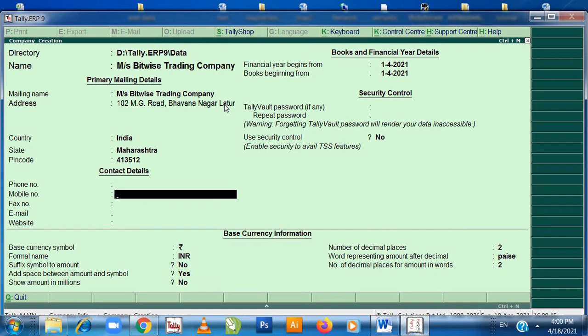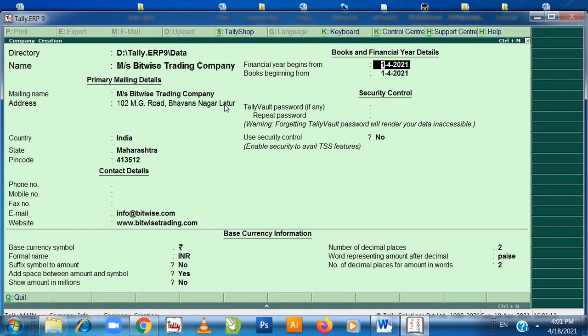phone number is not mentioned, email ID is info@bitwise.com, website is www.bitwisetrading.com.